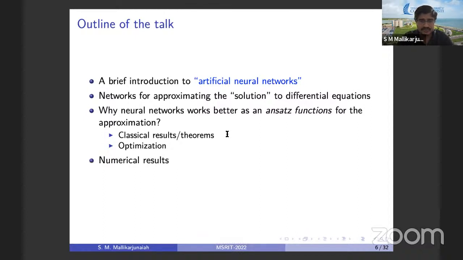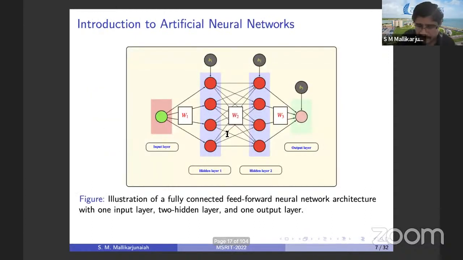Then I'll show you some numerical results. I've selected two test problems for this talk that are related to boundary layers. I'll also discuss the benefits and drawbacks of ANN, artificial neural networks, and what the remedies are, and finally I'll give you a message to take away